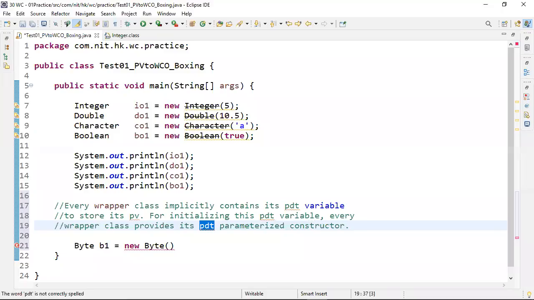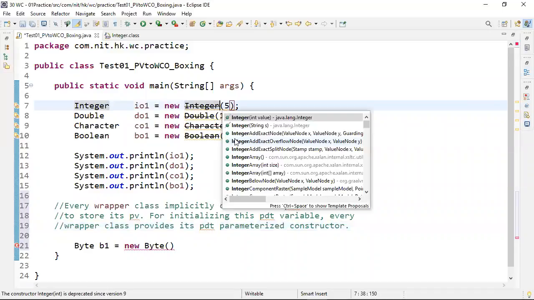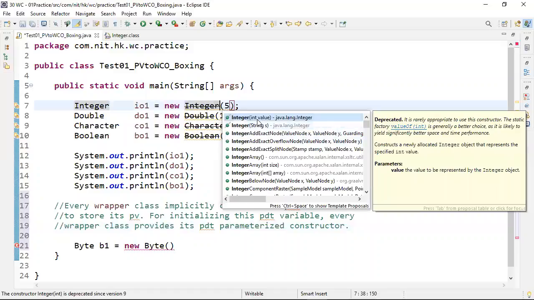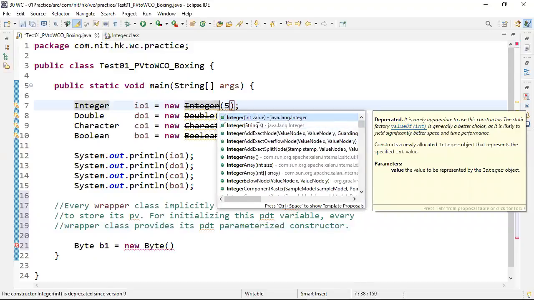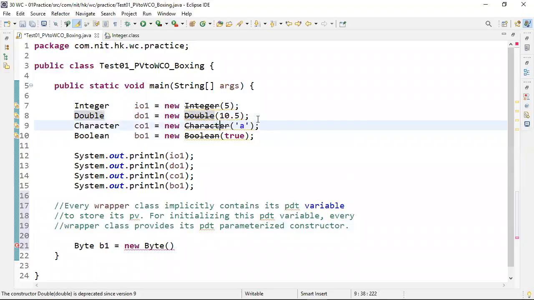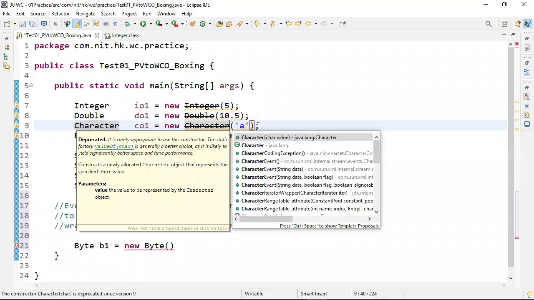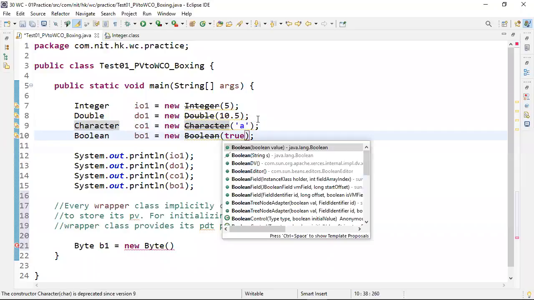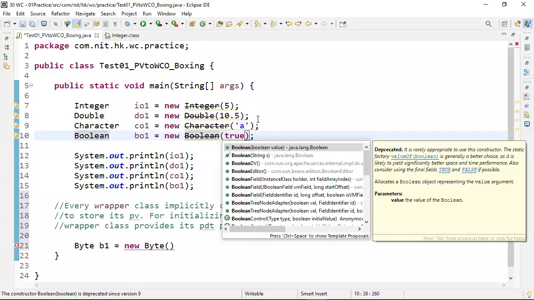Now Integer class constructor parameter type is int. Double class constructor parameter type is double. Character class constructor parameter type is char. Boolean class constructor parameter type is boolean.